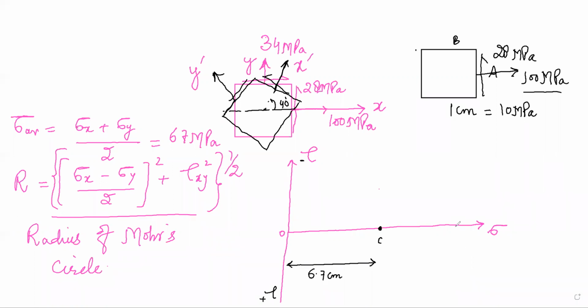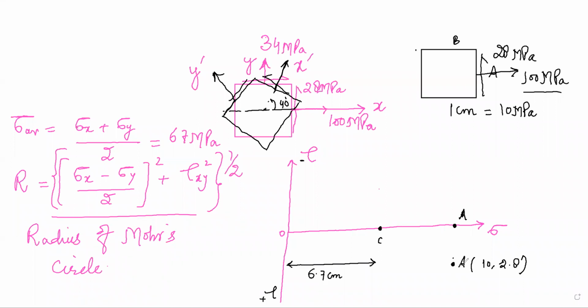So where will be the positive shear stress, by the way? Downwards. So this is tau, and this will be sigma equal to 10. Then we have to go down how much? 2.8, isn't it? We have to go here. What will be the coordinates of this point? The coordinates of the point will be 10 comma 2.8 in centimeters. This represents our stress distribution on face A. Whatever stress distribution we have on a face of a stress element, on a Mohr circle we represent that with the help of a point. I will be calling this point A.